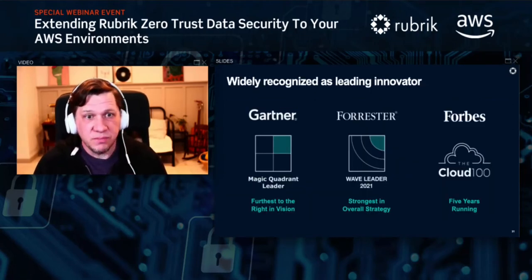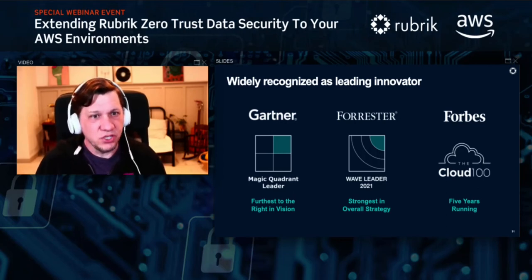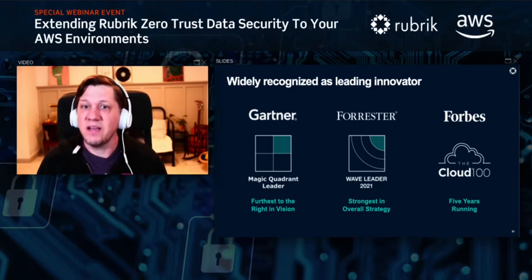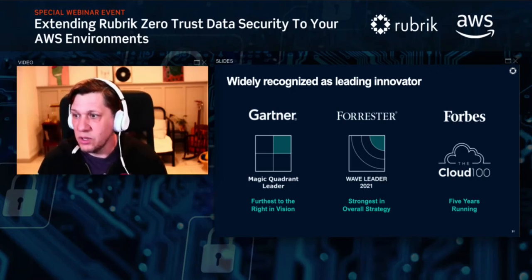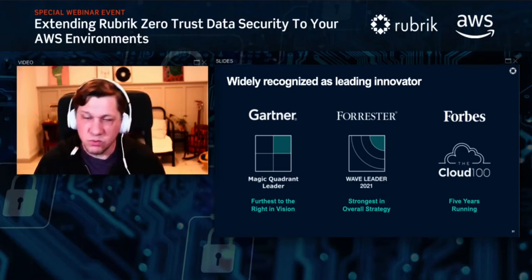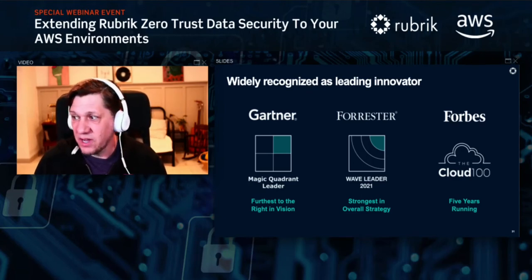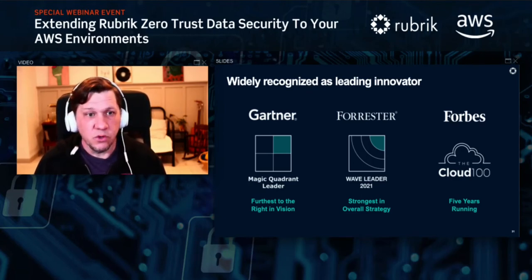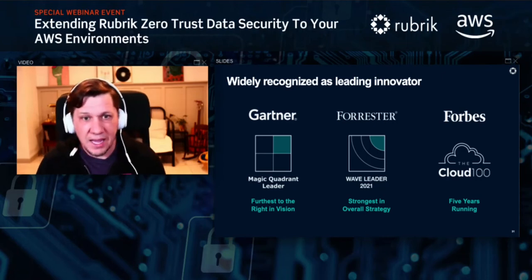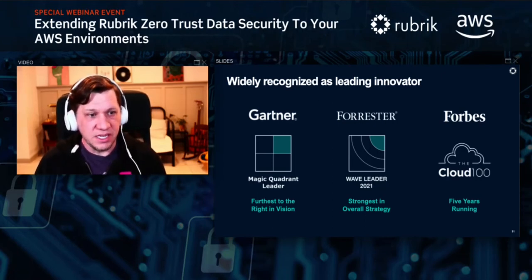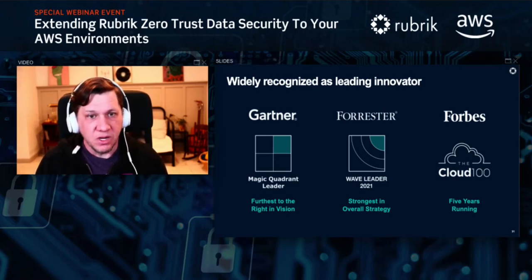And the analysts, they're all behind us as well. It's not just our customers that speak for Rubrik, the analysts have as well. We've been a leader in Gartner's Magic Quadrant, as well as the Forrester Wave, and for the past 5 years, been listed on Forbes Cloud 100. So with all that, I hope you can see just how Rubrik can work in your environment and help